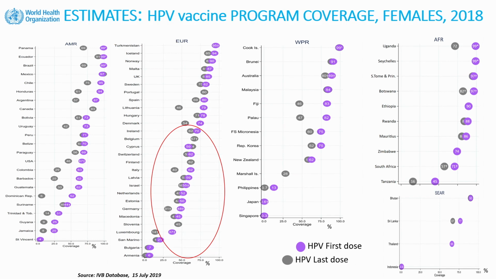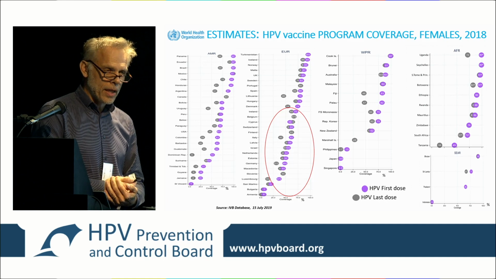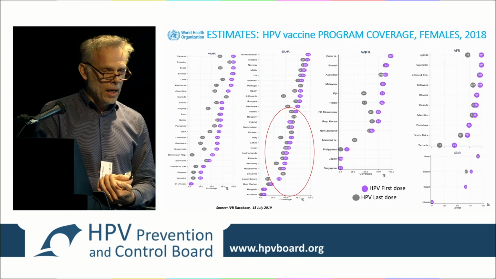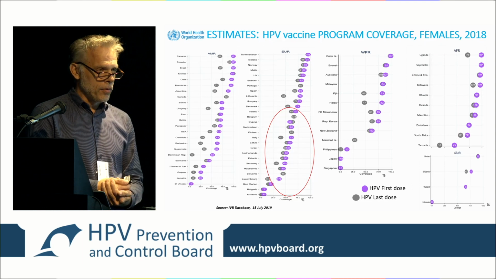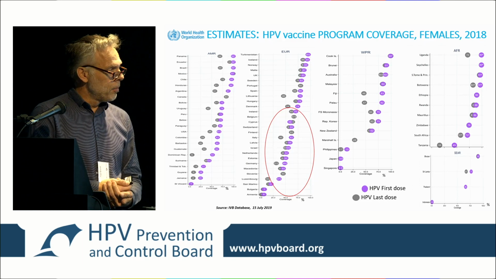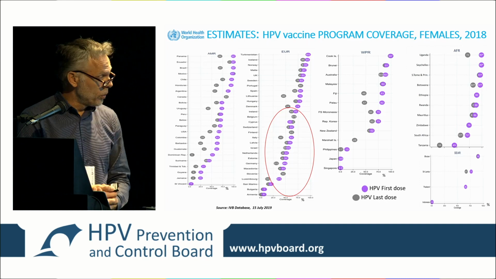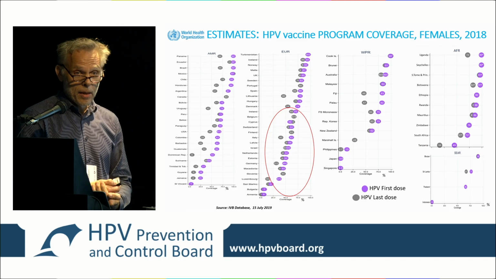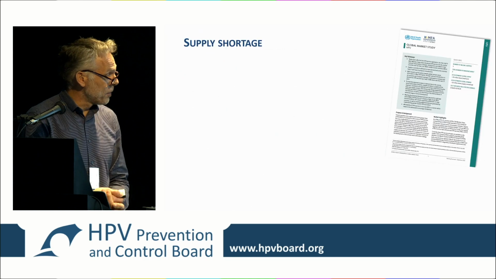Netherlands, my country, is a bit lower. Where is it? 42, 52. So, we have a lot of work. And in a way, that's the nice thing about the cervical cancer elimination strategy. It's a lot of work for low-income countries, but it's also a lot of work for high-income countries. And everyone has something to do. And I think what the high-income countries have to do mostly is around vaccination, many of them.